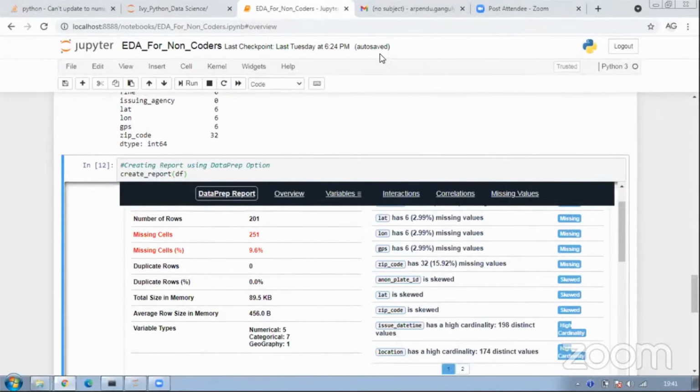This is something we spend a lot of time on, I will tell you, guys. When we do any kind of analysis, we spend a lot of time finding which values are missing, which column is skewed, which is not, and so on and so forth. What is the impact of a column being skewed? It's all about the data distribution.